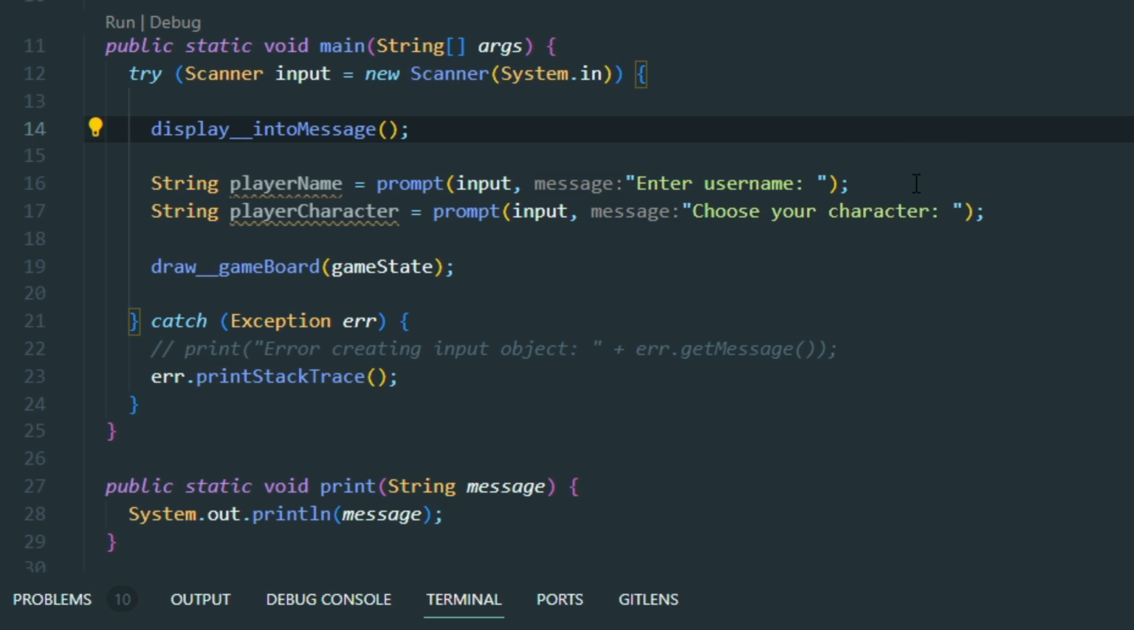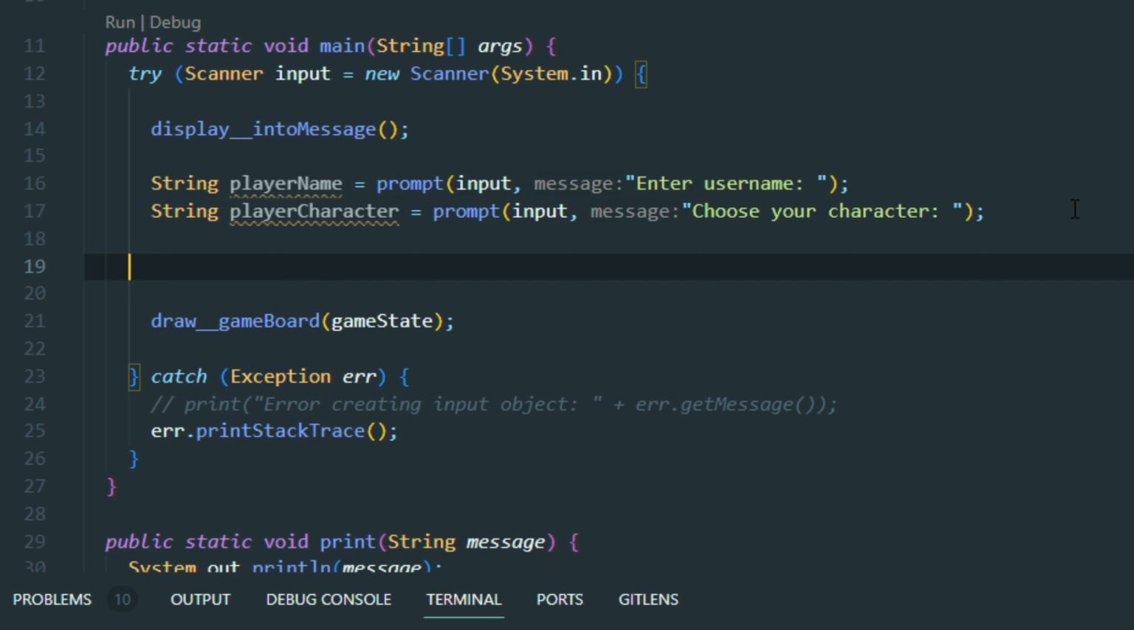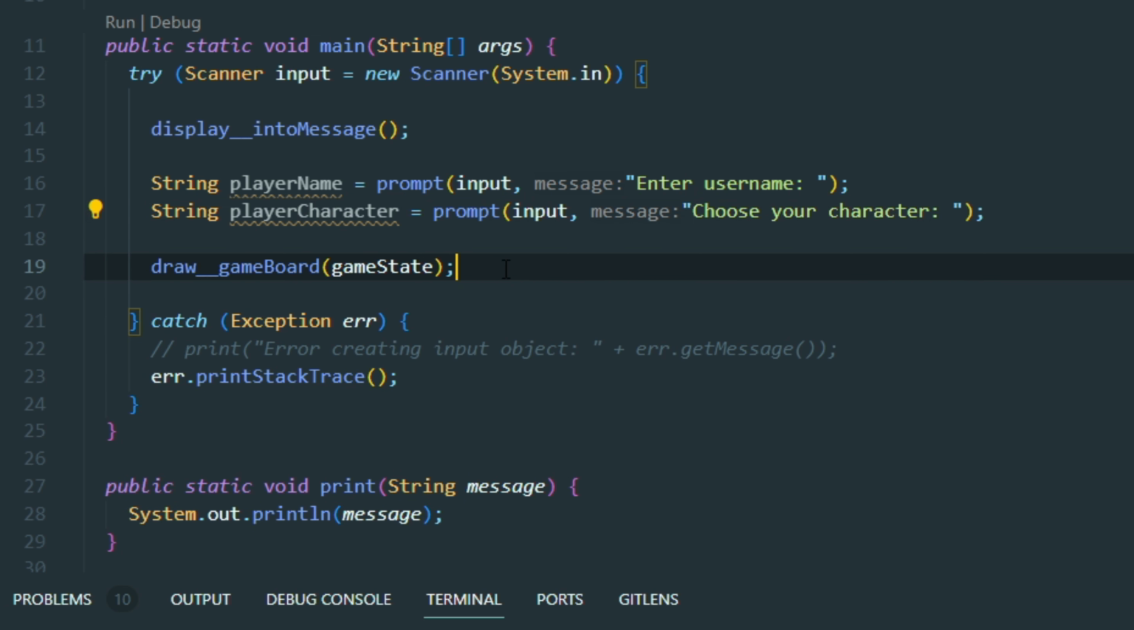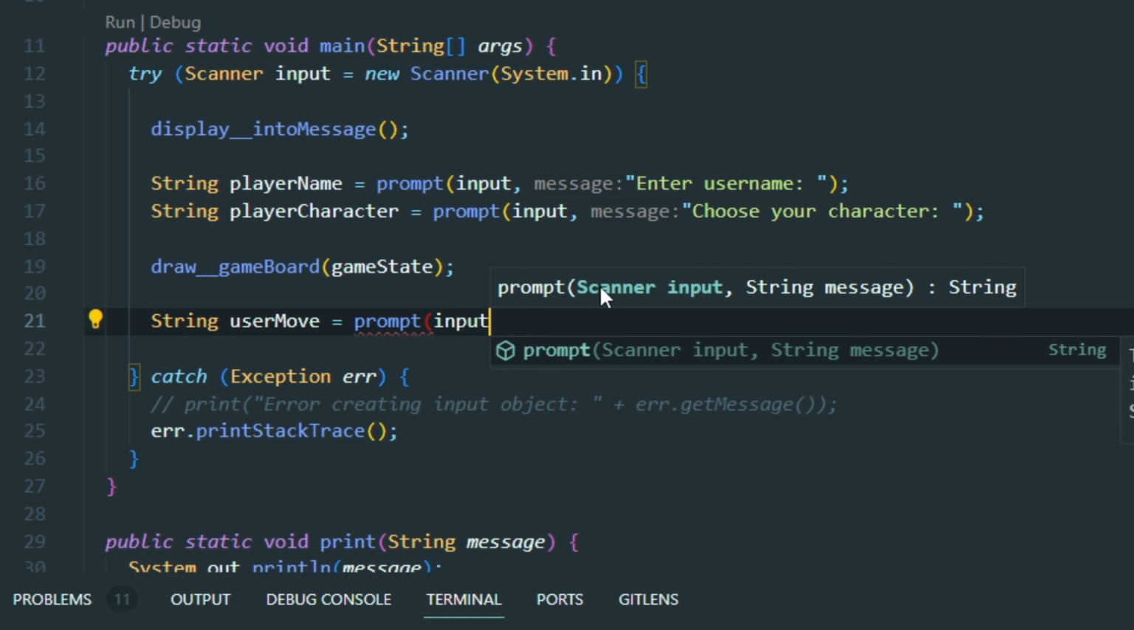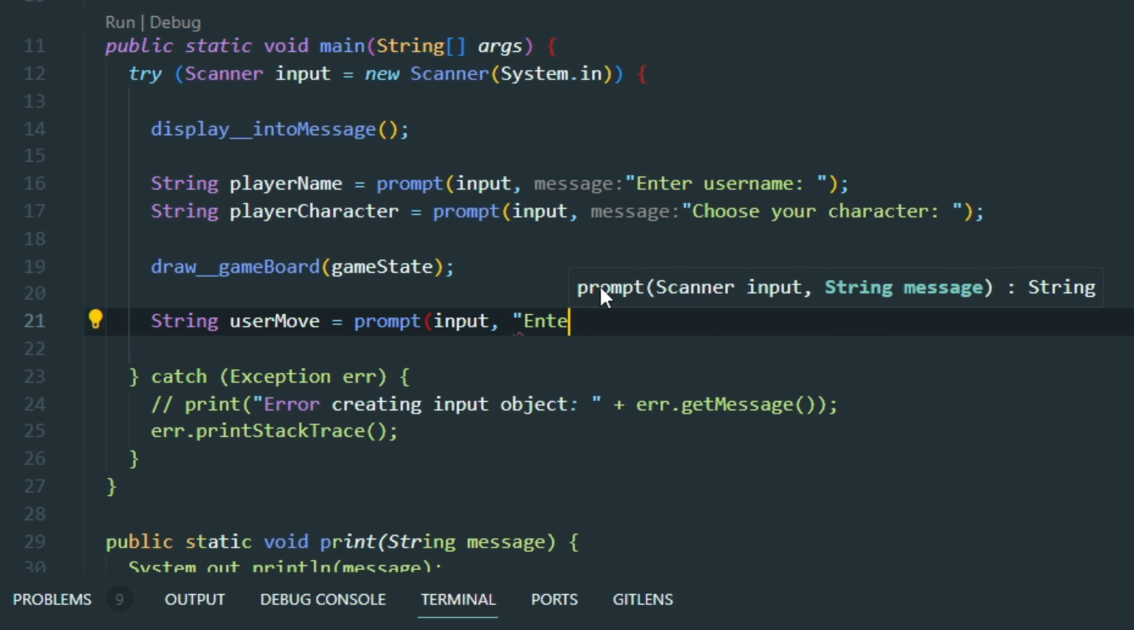I think the way that we're going to do this is by just using the charAt method. Since we know that the user input for their game entry is just going to be 2 characters, the first one being the column, which is A through C, and the second one being the row, which is 1 through 3. So all we have to do is create a new prompt here. First we'll draw the empty game board just for some contrast, and then I'll say string user move equals prompt, pass the input, and we'll say enter your move, which is